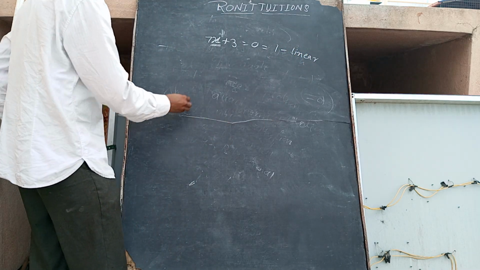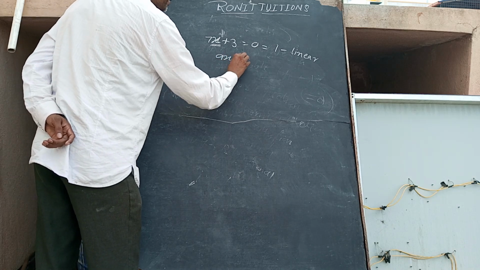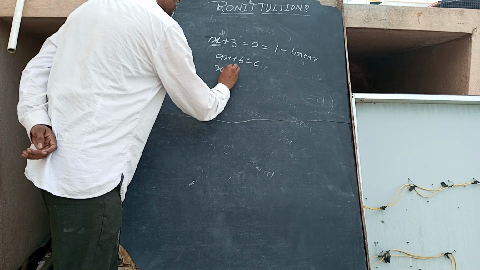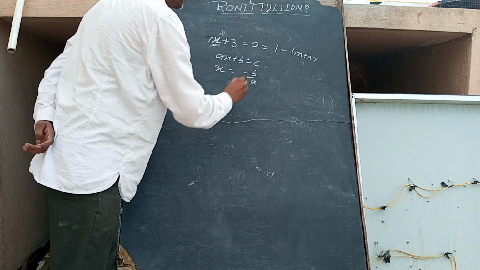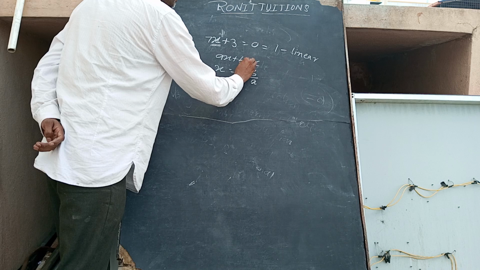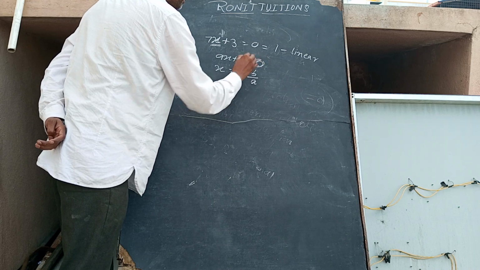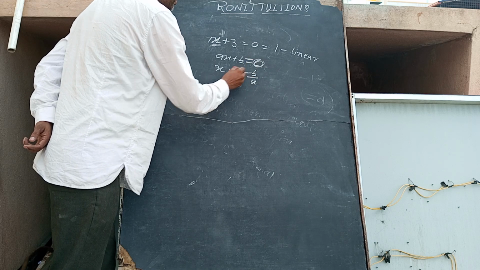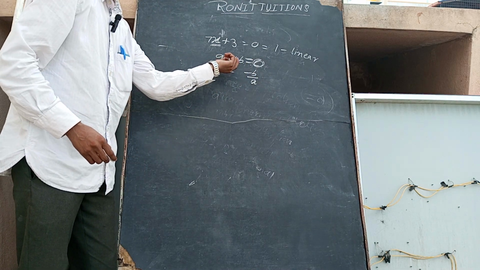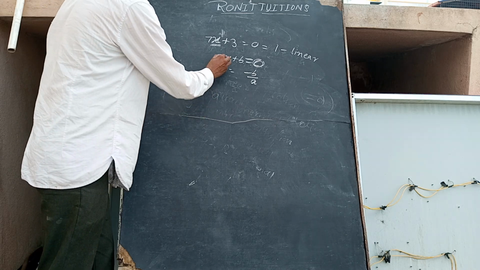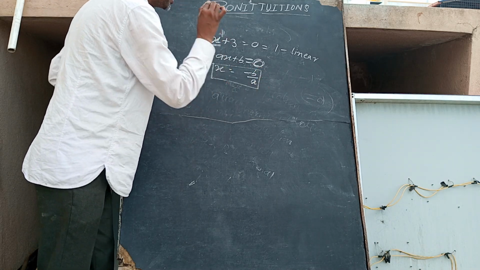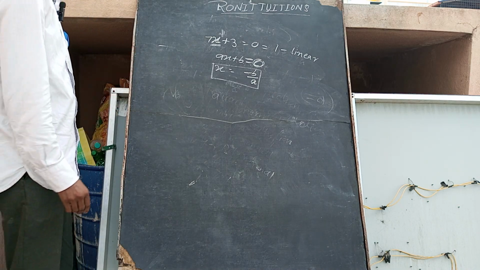So what is the standard form of a linear equation? ax plus b is equal to c. To find the solution, x is equal to minus b by a. With an equation sign, it means the equal to 0 case. So the standard form is ax plus b is equal to 0. Then it is a linear equation with a single variable, so it has one solution, x is equal to minus b by a. This is how we find the answer for x.